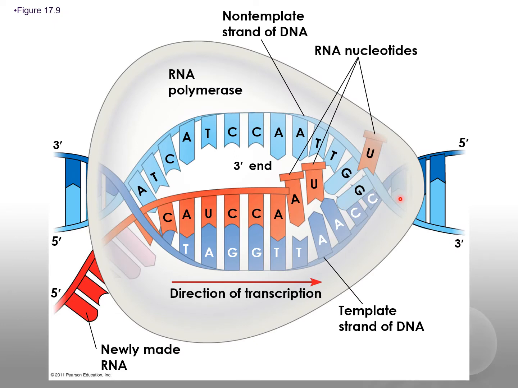Now, this is a little bit of a close-up, so we can see this big bubble area is the RNA polymerase, and you can see it's separated the strands of DNA. And you can see the complementary base pairing. So here, there's an adenine, which is the next nucleotide in the DNA. Remember, the DNA is being used as a template. Well, in DNA synthesis, a thymine would be added next. However, we're synthesizing RNA, so a uracil is added next. So you can see that uracil being incorporated after the adenine, which binds to the thymine, which is in the